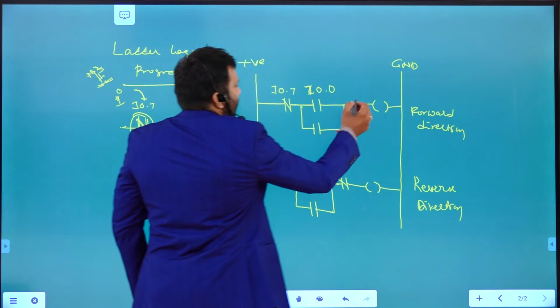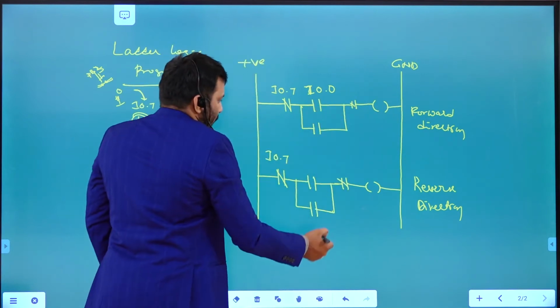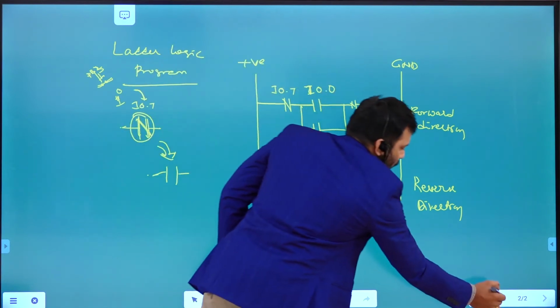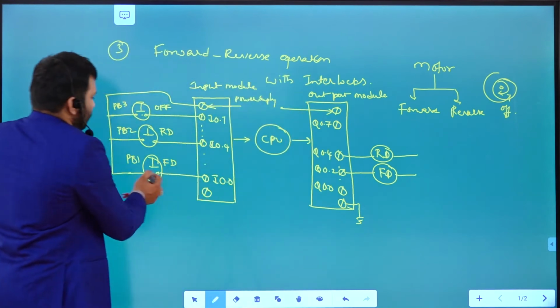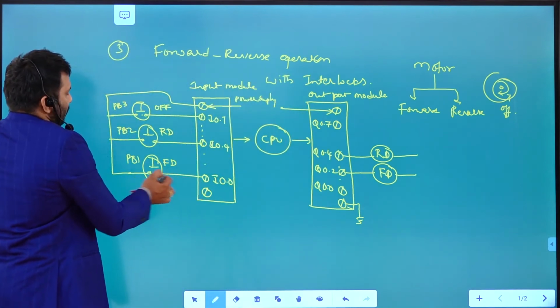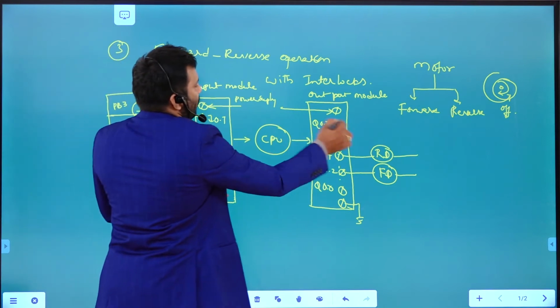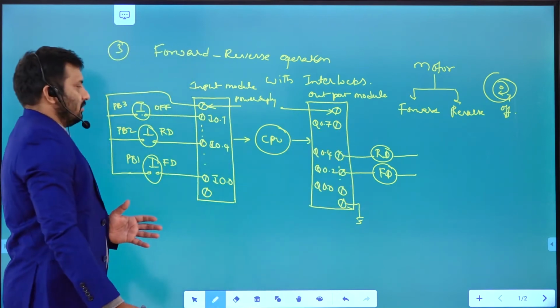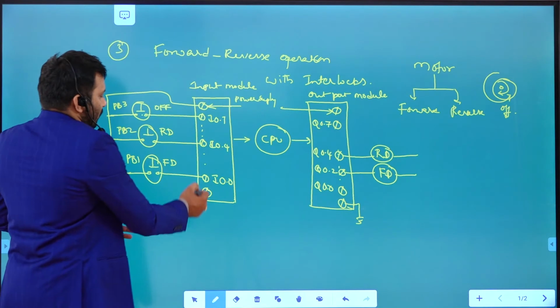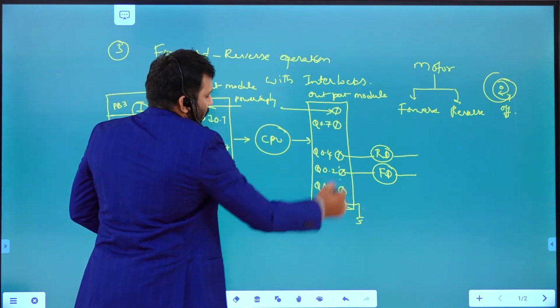See here, I 0.0 is giving a signal whether you want to rotate in the forward direction or reverse direction. If it is 1, it should be in the forward direction.